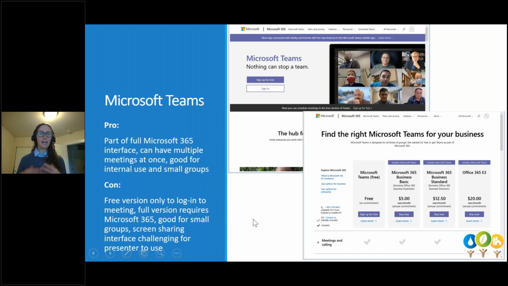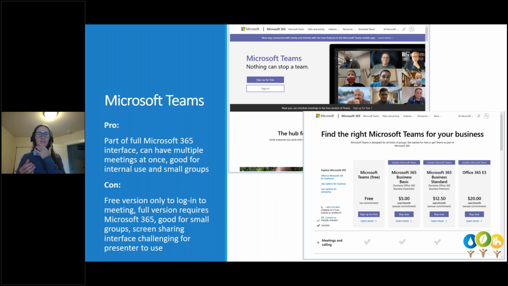Microsoft Teams. As mentioned, a lot of folks are using Teams more and more because a lot of people are going to Microsoft 365. So a lot of us are already in the Microsoft world, the Office world with Excel and Word. And now that we can't be in our offices and access those things very easily, or we need file sharing capacity, a lot of folks are moving to Office 365. If you're doing that, use Teams. It's already free. It's part of what you've already got.